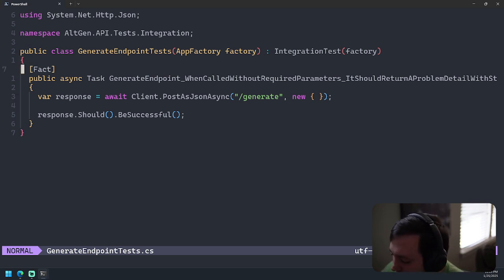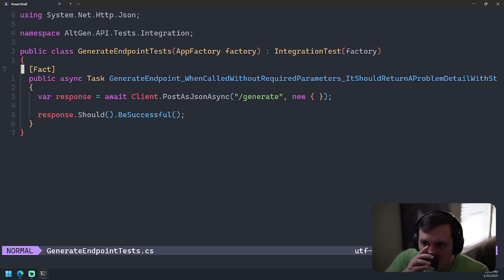Give it a second for the LSP to attach. There you go. It's no longer complaining about that. So it was complaining that I had underscores here, but this is the convention I like to write my test class methods in. So I disabled that so that it would stop complaining.